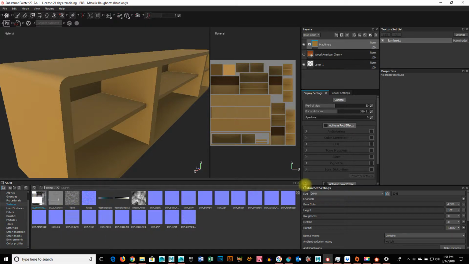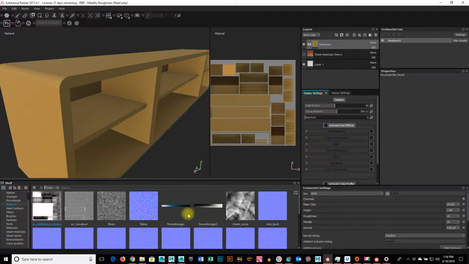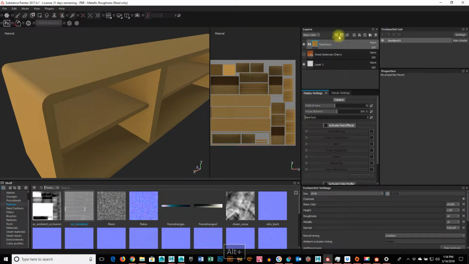Because the, let me see, large. This is the curvature map. And it looks like I'd probably have to adjust it a little bit more, but what would happen typically with this